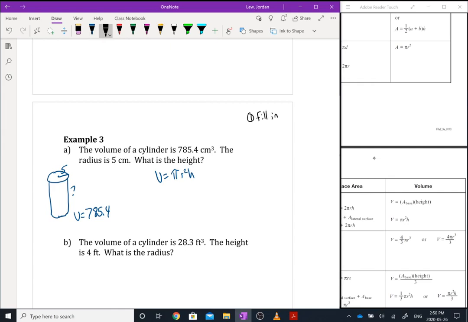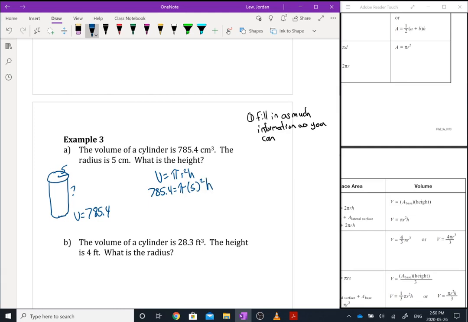Fill in as much information as you can. That's our first step. So we know our volume is 785.4. We know pi, I'm just going to leave it as the symbol. And we know r squared is, or r is 5. So it's 5 squared